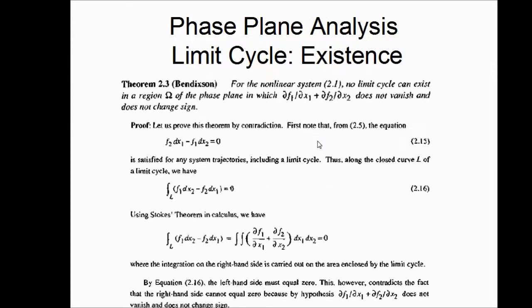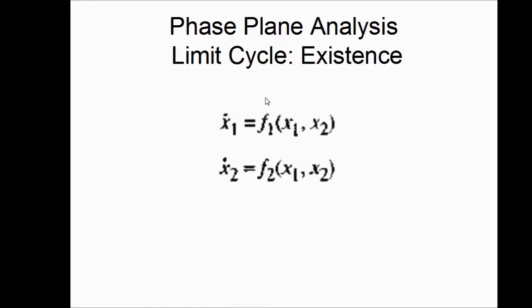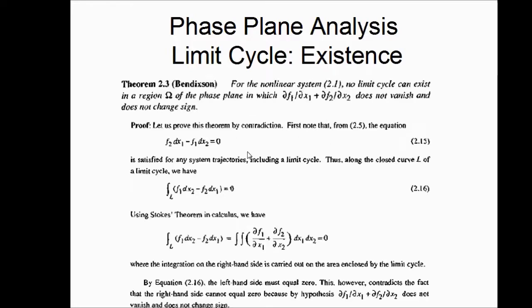So this is our system again. There's a theorem due to Bendixson which says that for a nonlinear system of this type on the plane, no limit cycle can exist in the region whenever partial f1 with respect to x1 plus partial f2 with respect to x2 does not vanish and does not change sign. For that nonlinear system, no limit cycle can occur in the region omega of the phase plane in which this quantity